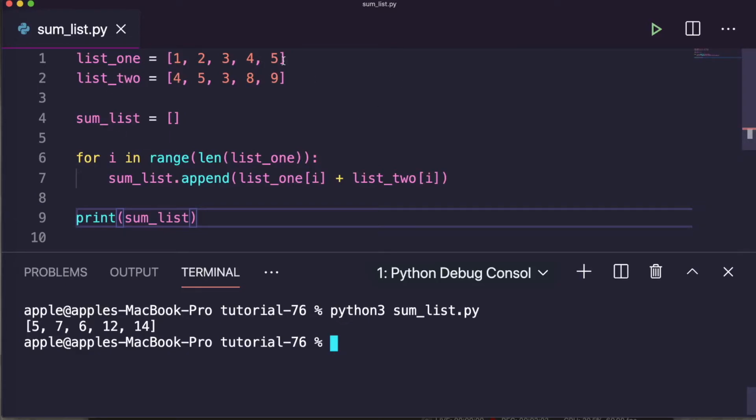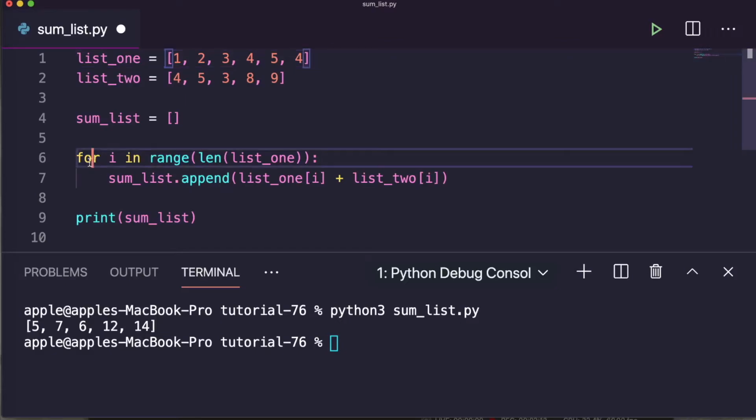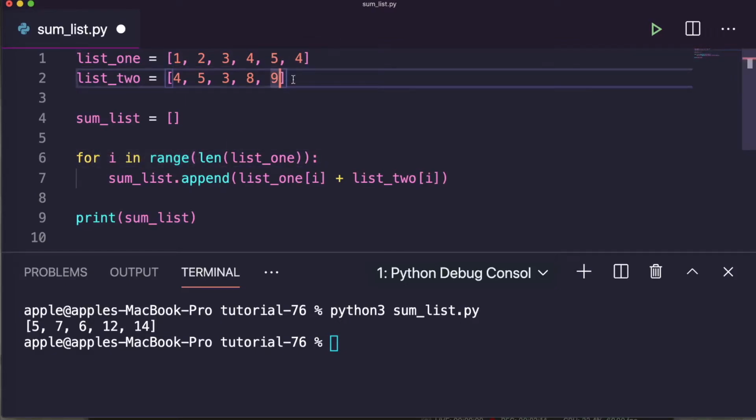Imagine if we have more elements, suppose another element is there. It will not work because within the for loop, for this index, an index error will come. It will not be possible through the for loop.